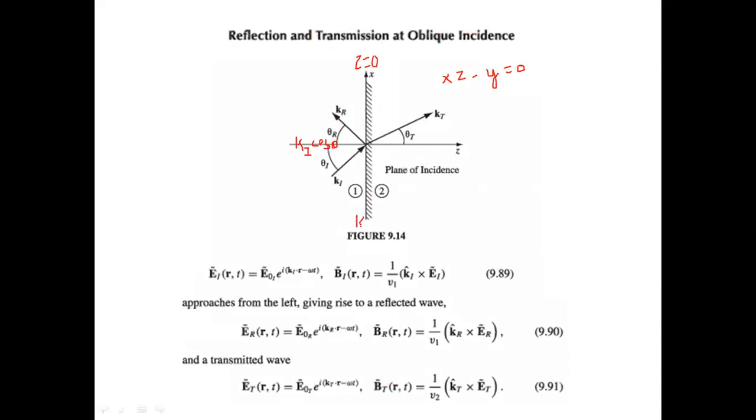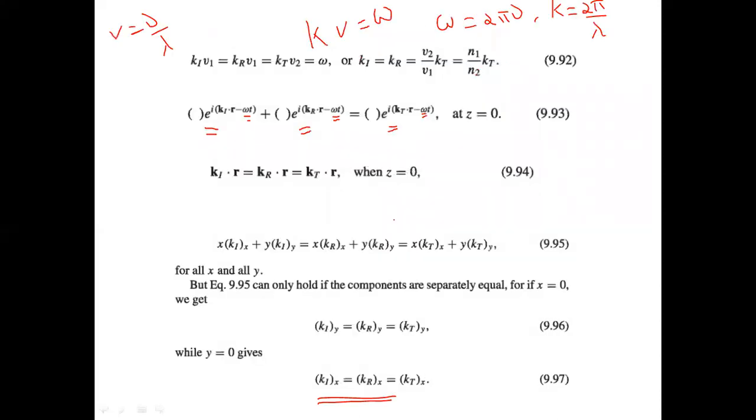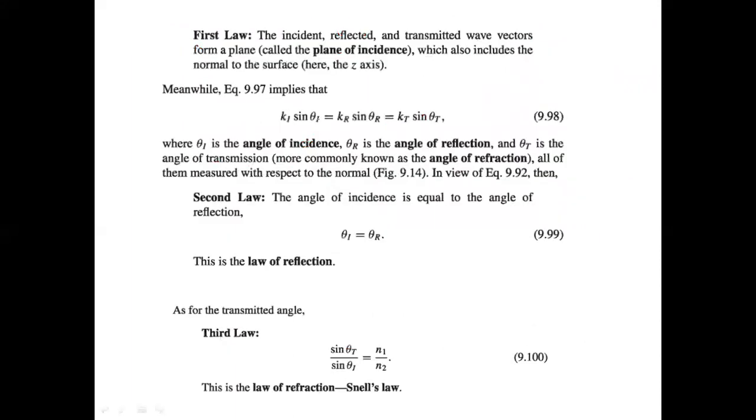We've taken the vertical axis to be x, so this will be the ki sine theta component. So we just write out the vertical components explicitly, and we can say, in view of equation 9.92, which is this,